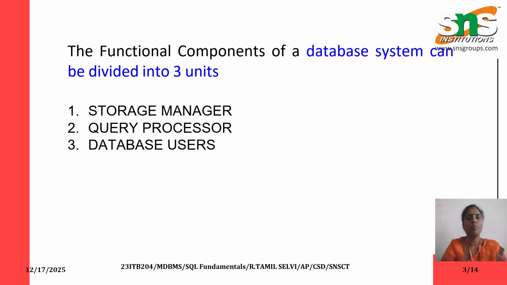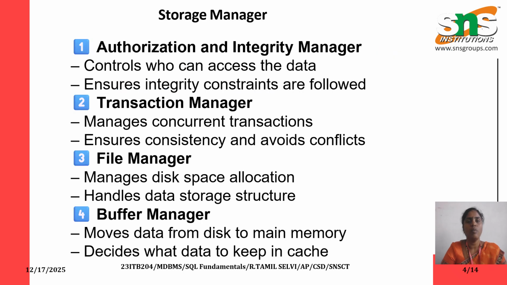The functional components of a database system can be divided into three main units. The first one is storage manager, second one is query processor, and third one is database users. Let's see one by one in detail. The first one is storage manager. The storage manager acts as an interface between the database and the application programs. The main responsibility of the storage manager is storing the data, retrieving the data, and updating the data